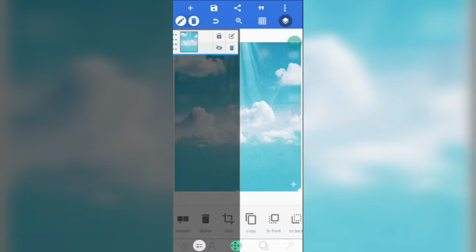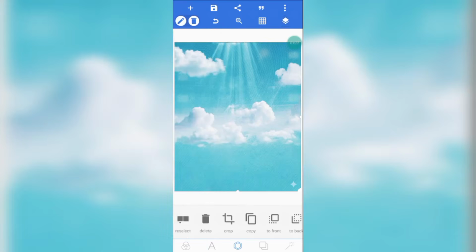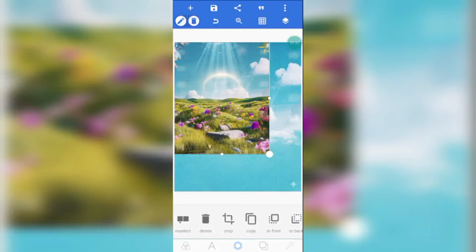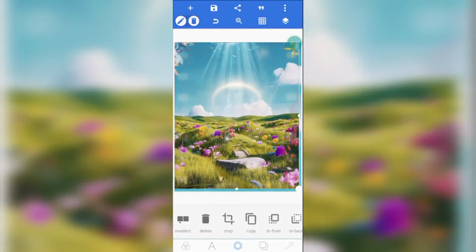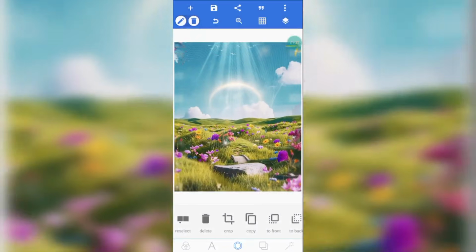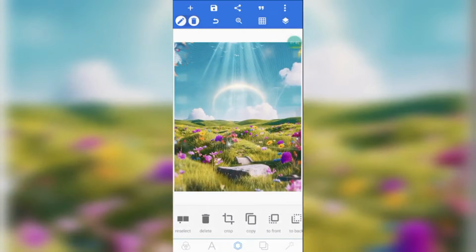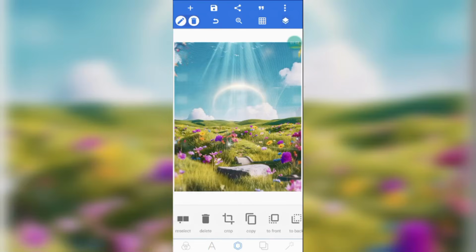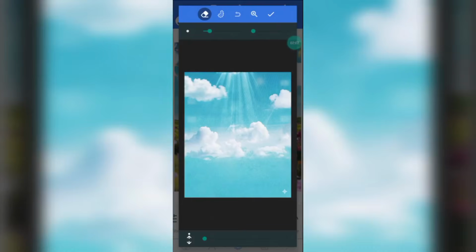Now I want you to lock this background. We're going to be importing the second background again. So guys, this is the second background. Click on your good icon. Now increase it, place it here. Now this is what we're going to do. Follow me carefully. For this other one, yes, go to eraser, increase it, erase this part out,